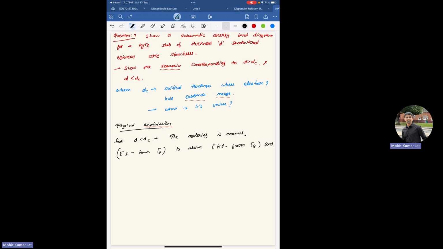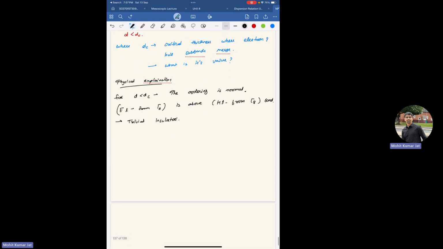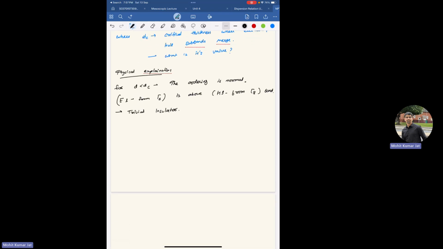And this leads to the trivial insulator, normal semiconductor. But for thick wells,